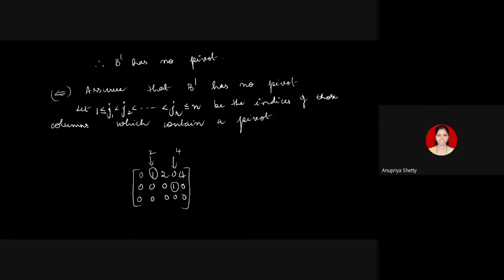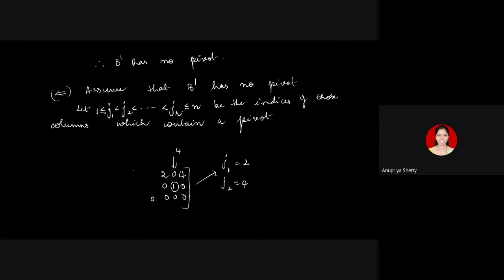So with this notation which I have written here, J1, J2, etc., for this example, J1 would be 2 and J2 would be 4. Here J1, J2, etc., JR denote the indices of those columns which contain a pivot in them. And I have arranged those Jis in the increasing order. J1 is taken to be 2, the second column index. J2 is 4. I'm not going to take J1 to be 4 and J2 to be 2. No, in the increasing order only I've written. That's why it is strictly less than. I hope the notation is clear.